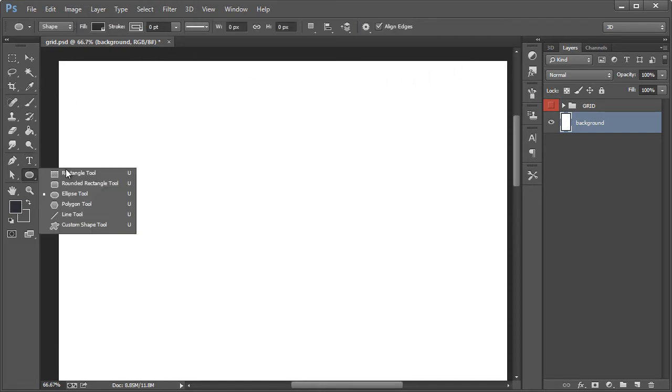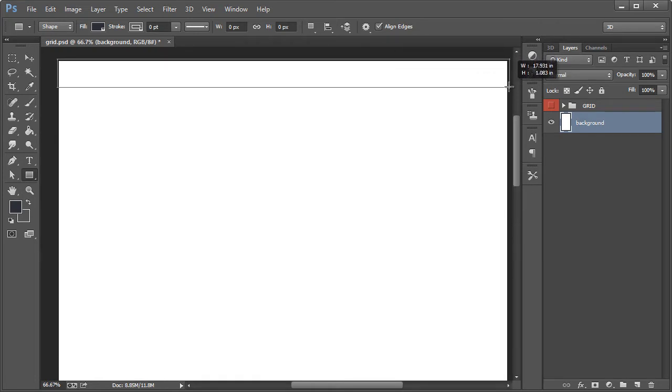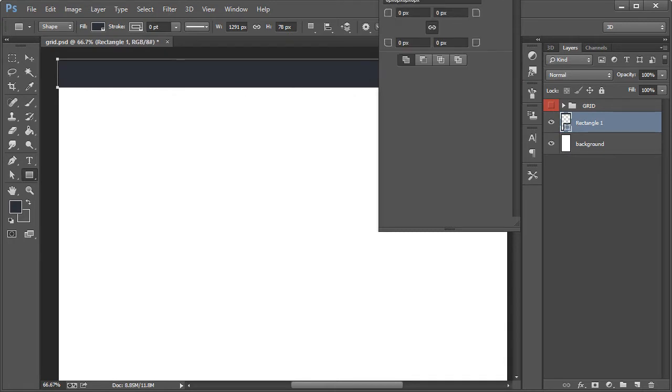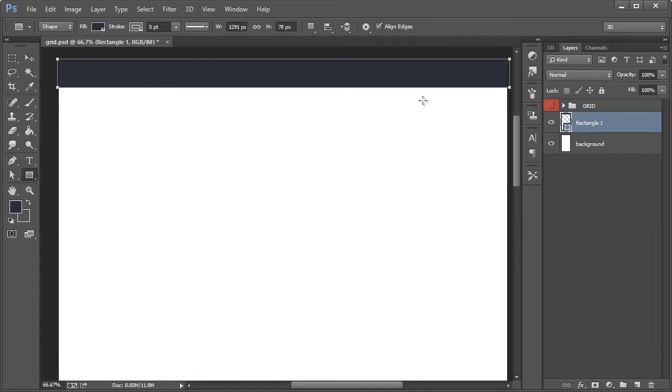All right, so we'll take out here the rectangle tool, and for a color, we don't have to really worry about this just now. I want to get the shape on there first. I'm going to left click and drag, and if this happens to you, just hold the Alt key. All right, so we'll span out the entire width, roughly around this size, okay? So I'm going to hide this real quick. That automatically pops up in Photoshop CC. And I'm just going to call this